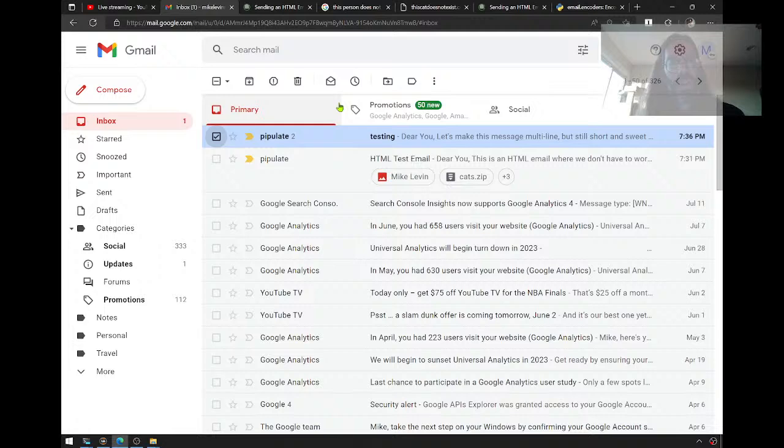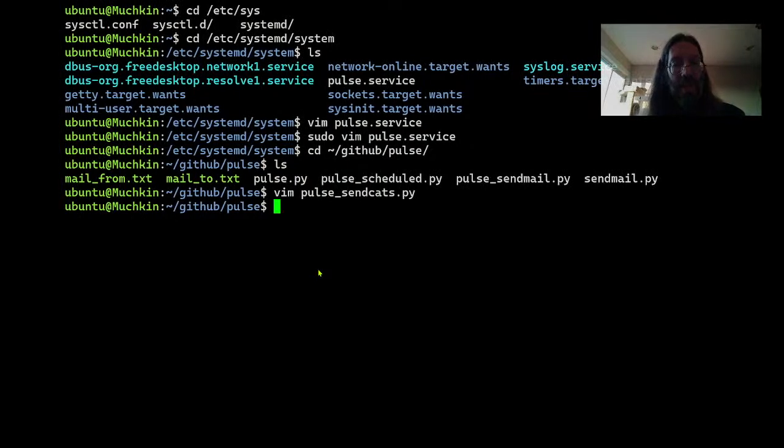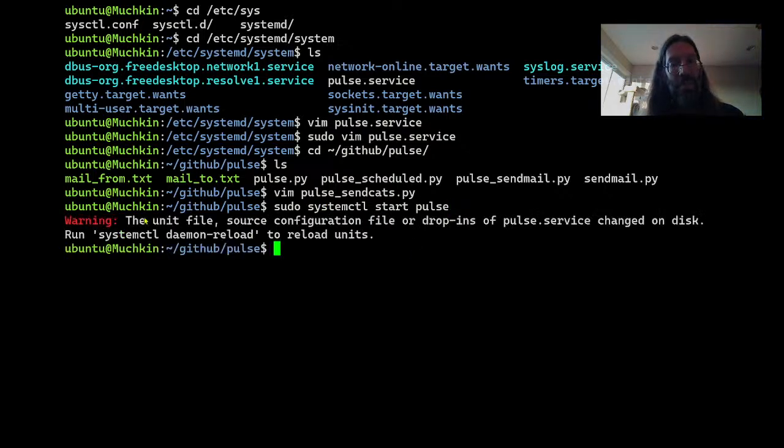Let's delete all the emails from this service that might be sitting here. And now let's start the service again. There's no reason this shouldn't start sending me cats. I could have just typed it more quickly. Sudo systemctl start pulse. If it doesn't complain,